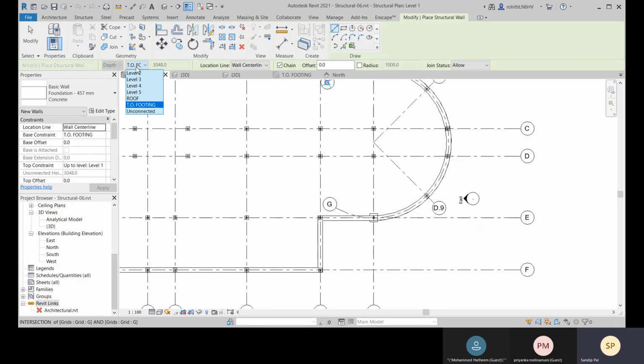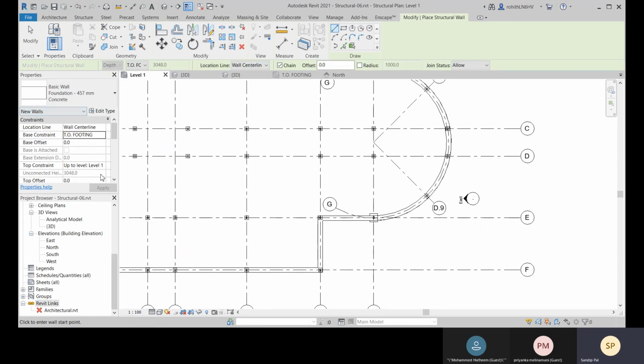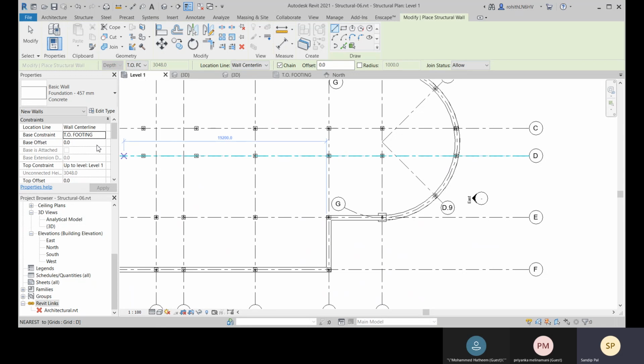So if you are going for this one, suppose here the top constraint you are selecting for roof, and the base constraint will be level 1. So you will get an error that top constraint is invalid for the level. Here you can see.